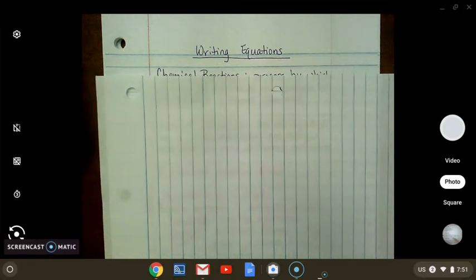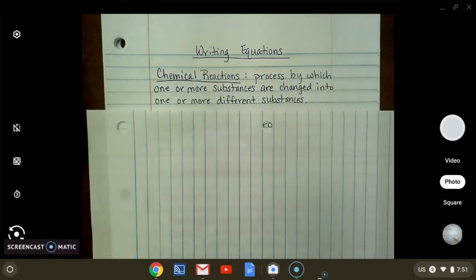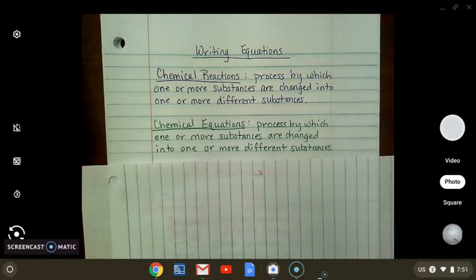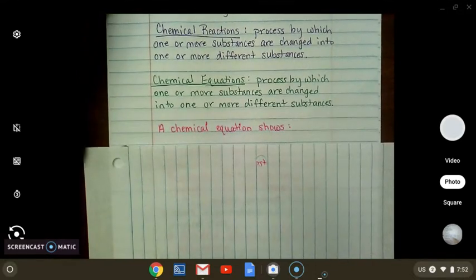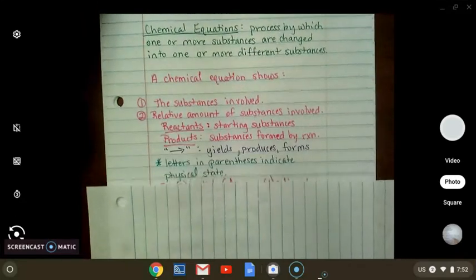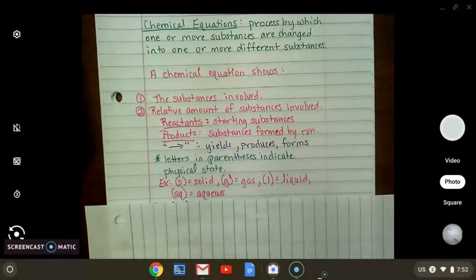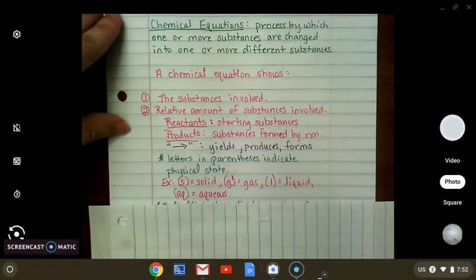So with writing equations, you have chemical reactions, which are a process by which one or more substances are changed into one or more different substances. So you have one thing, you react it, make something different. What we're going to talk about today is chemical equations. And this is the process by which one or more substances are changed into one or more different substances. So it shows the substances that are involved, the relative amount